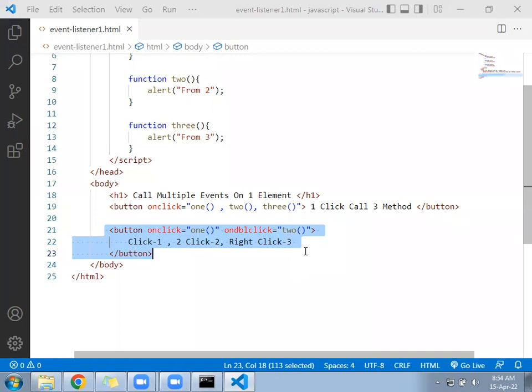Which one is calling? First or second? So only first is calling. Only first is calling. Meaning, if you want to call the second, then we cannot call from here. If you want to call from here, the second one is not getting called. So that is a problem. Now to fix that problem, we will use another feature of JavaScript that is called